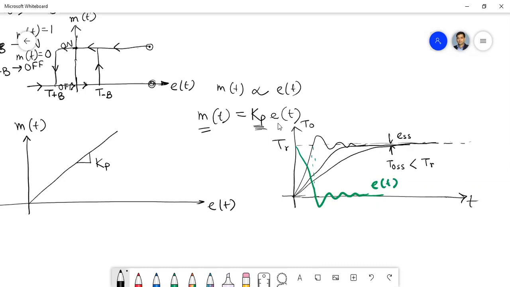Like in the previous case, I have already told you that you can use some switch, a power electronic switch. Or you can use some thermostat, which automatically turns on or off with temperature. But here, your job is not only to turn the switch on and off. How you can think of the implementation of proportional control, that is more important.